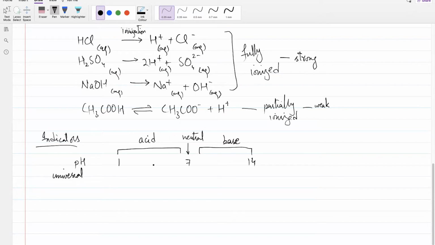ओके, अब इसमें एक और नंबर इंपॉर्टेंट है, 3 और 10। 1 से 3 तक जो होगा उसको आपने कहना है स्ट्रॉन्ग एसिड। 10 से 14 तक जो होगा वो स्ट्रॉन्ग बेस, और 3 से 10 के बीच में जो कुछ है वो वीक है, ऑब्वियसली 7 को छोड़ के।